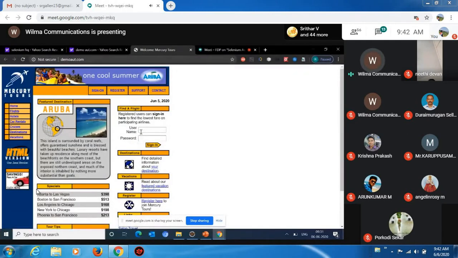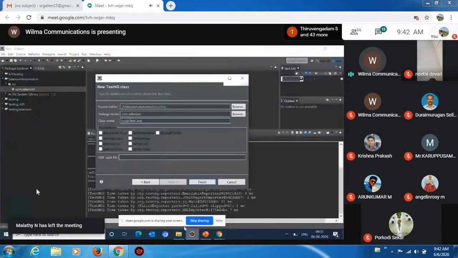In this application, I have a login functionality. I want to validate this login functionality not with the hard-coded value which I have included inside my code. Instead of that, I have 10 user IDs and passwords, and I want to execute all those 10 different user IDs and passwords. So in that case, I will go for the concept called data provider. When you want to verify and validate one single functionality with a different set of input conditions, we go for the parameterized concept. To implement the parameterized concept, we use the annotation data provider.